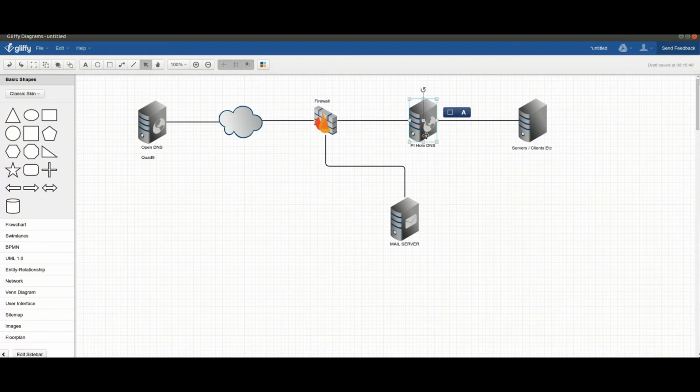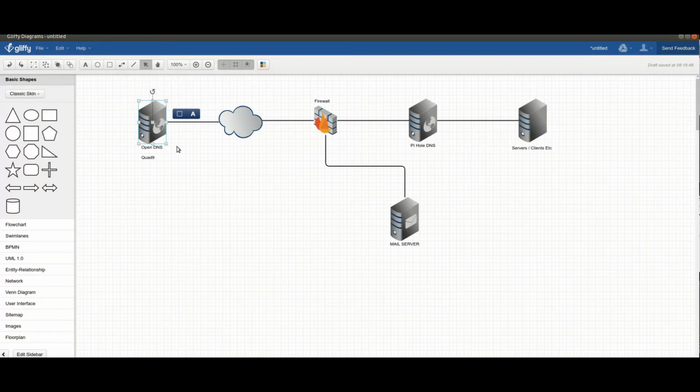Now, Pi-hole DNS, of course, needs to do DNS entry or querying for other hosts because it doesn't know where Facebook.com is. So it allows you to pick and choose who you want to use as your DNS provider. Yes, you could use your ISP, but there are others out there. There's Quad9. Quad9 is a great service.